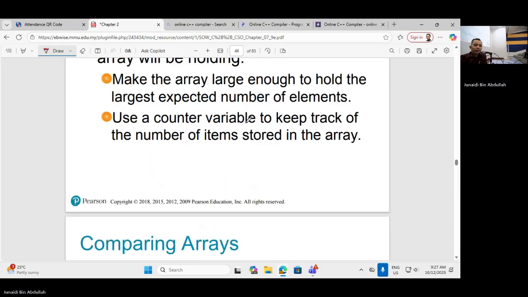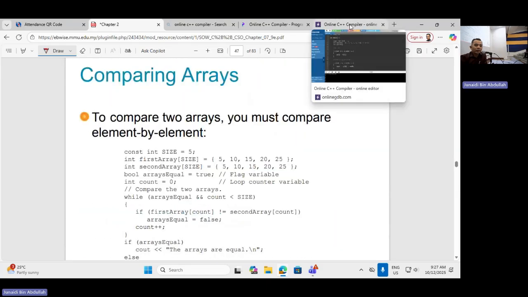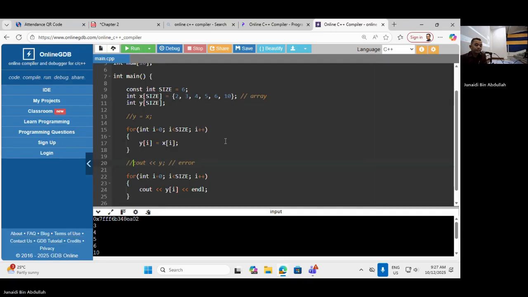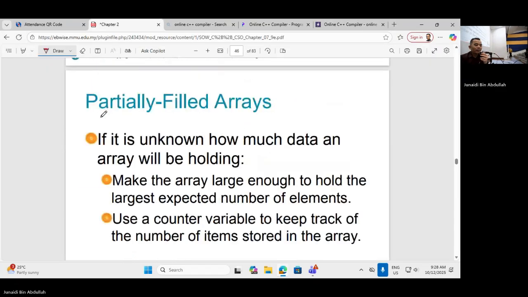Partially filled array. Sometimes when you want to create an array, right? For example, let's say I want to create a program to handle whatever number of students in this program. I need to create an array of big size, even though I don't know how many students will be registering into this course. Now there will be a condition whereby you have a big array, but the number of elements is just a few, right? So this is what we mean by partially filled array, because the size you need to spell out